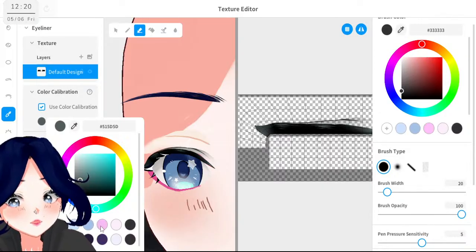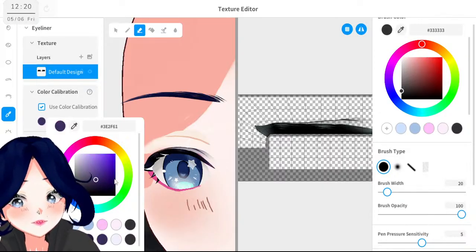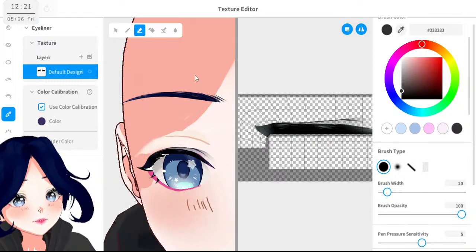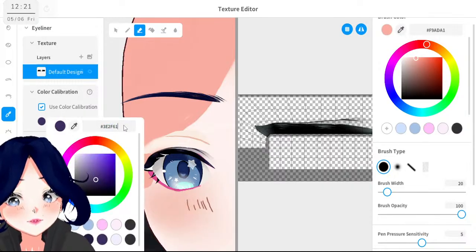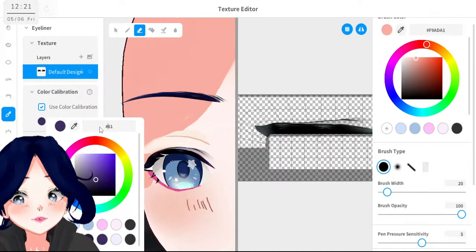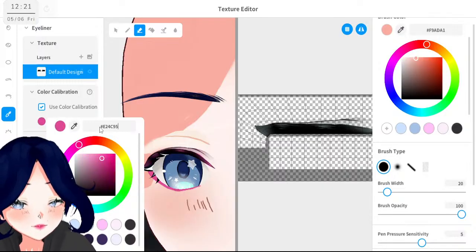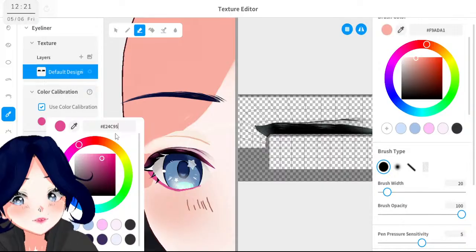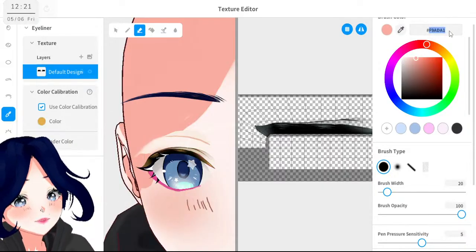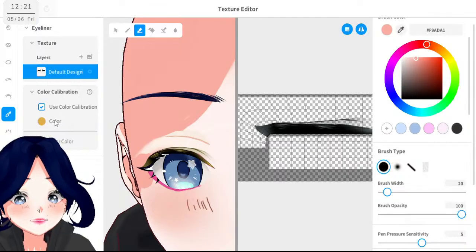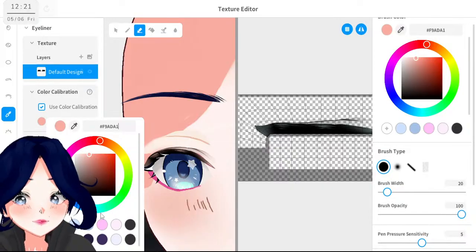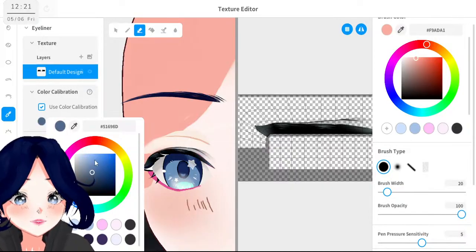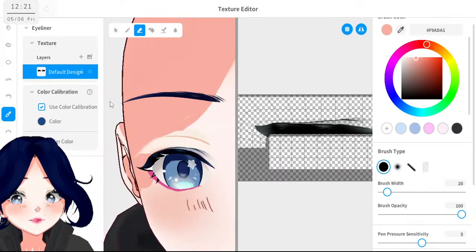Now here I should add this color to the color correction. And not this one. This one. Ctrl+C. Maybe like this. Okay, no. It works with glue. It looks better with this one. Okay.